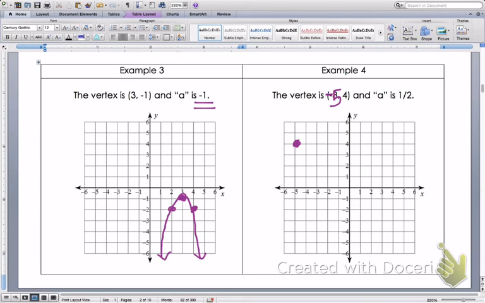And my A value is half. So when I have a fraction or number that's not a whole number, that's how much I'm going to move up or down, in terms of units or little boxes on our grid. So I'm going to be going up half a box. 1 to the left, so you're going to be right in the middle. 1 to the right. And this will make my parabola wider. Remember, the A value tells me how wide the parabola is. Because I had a small number, it makes it wider. The bigger the number,